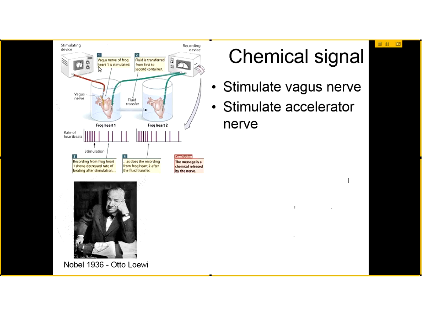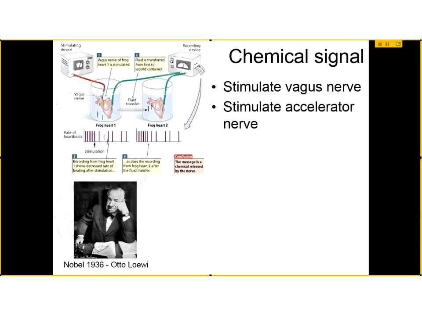So if you stimulate the vagus nerve, which you can see here, this is also in your textbook too, so if you wanted to follow along, you could. There's this little yellow line here that represents the vagus nerve. And if you stimulated that, that would cause the heart to slow down in its rate of beating. Now, what he would do then is take some of the fluid. What would happen is, with this condition, he would have two jars connected,